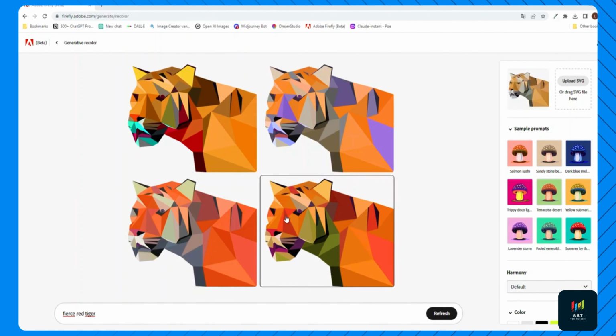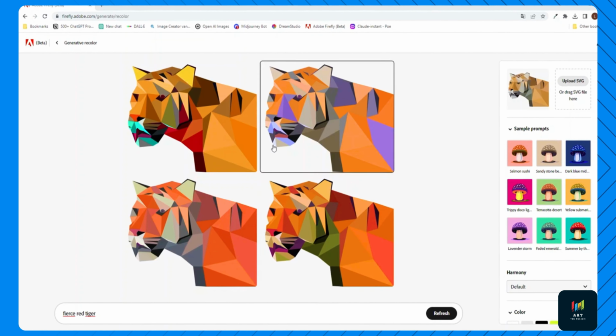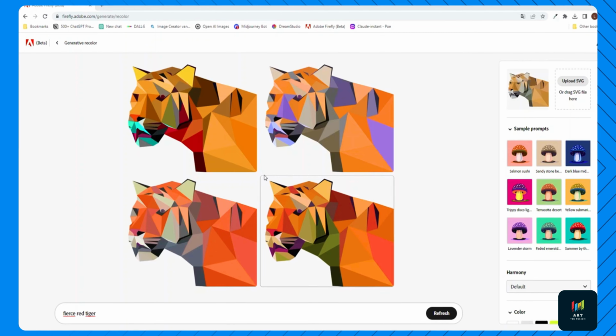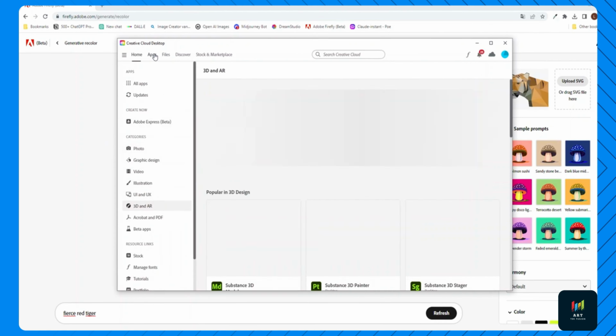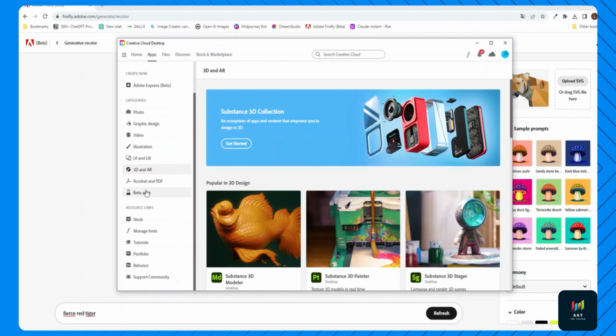Alright, so one final thing I want to show you guys is that this generative Recolor is also already available in the Adobe Illustrator beta app. So for that, you do need an Adobe Creative Cloud subscription. And if you do, you can simply go to the Creative Cloud app on your desktop. And then if you navigate to apps and scroll down a little bit, right here you're going to find the